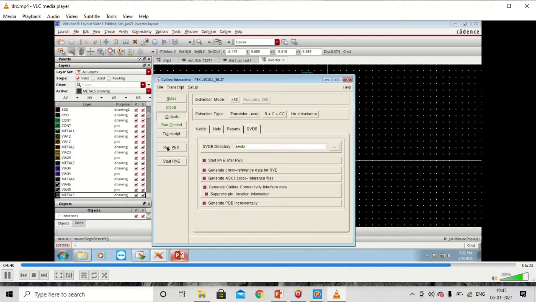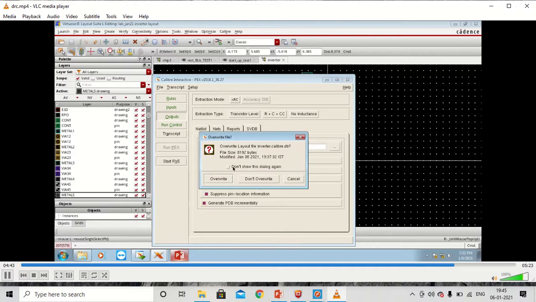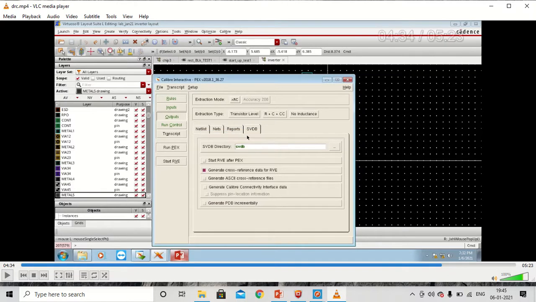So here we'll be doing the parasitic extraction only. Overwrite, run fresh PEX, and also here in the SVDB tab you have to check all these boxes. So run PEX. Okay.